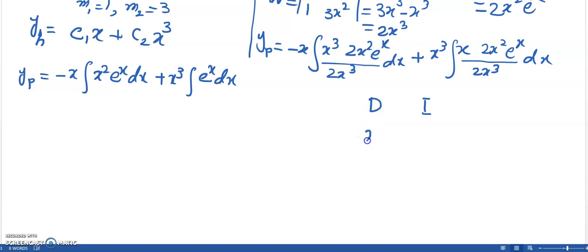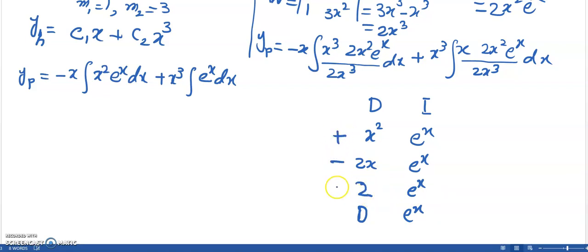So you can take the derivative of x square and then integration of e power x repeatedly. So from x square we get 2x, then integration of e power x is e^x, 2x is, then we get 2, then e^x, and then 0, and then e^x, and for the sign will alternate plus minus plus. So very easily we can say that the integration